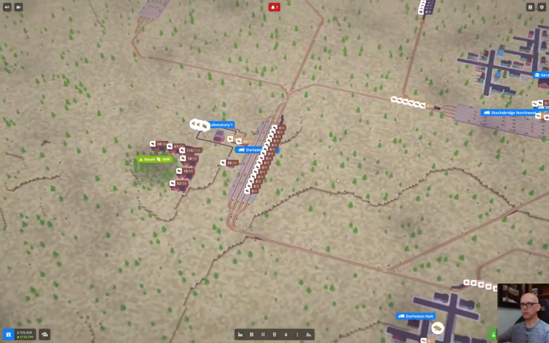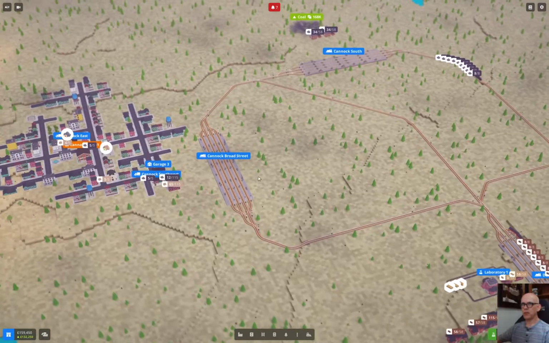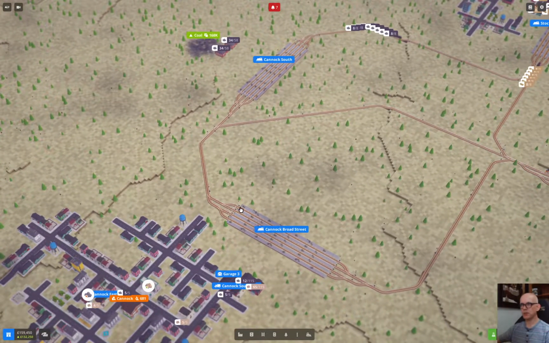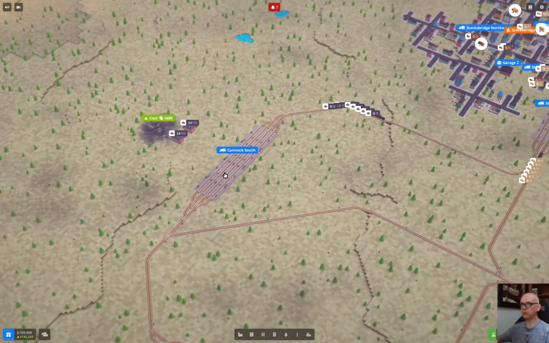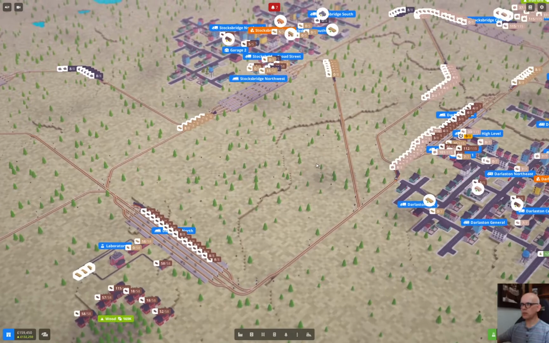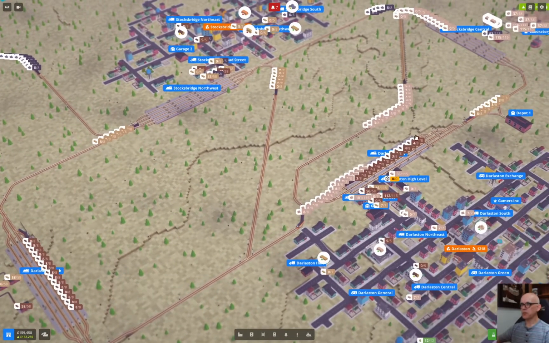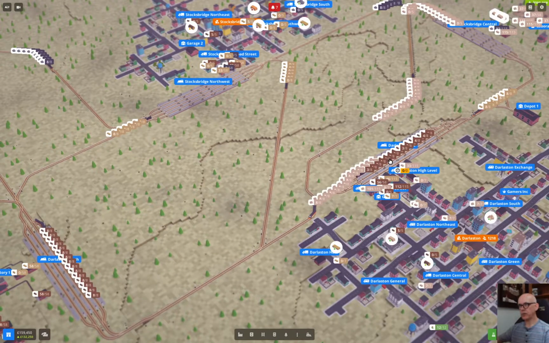So we have upgraded the platforms here and here to 200-meter length ones so that all our trains can fit. So we've got 4 platforms. Didn't really need 4 platforms for coal, but I thought I would just keep it consistent. I also reduced all of our 16 carriage trains down to 15 so they fit on the platforms,